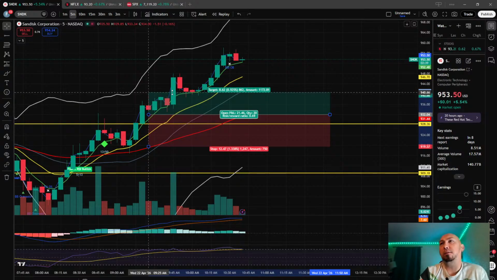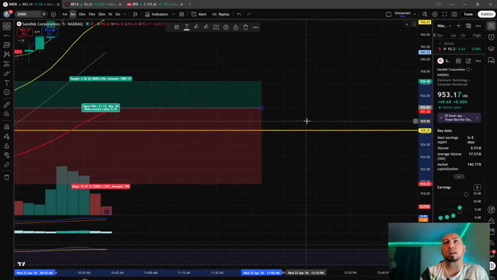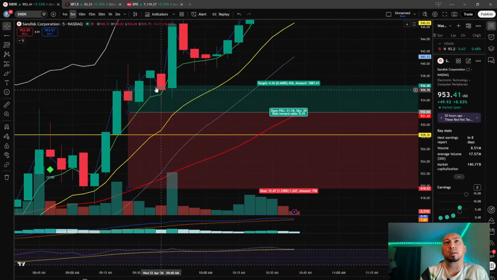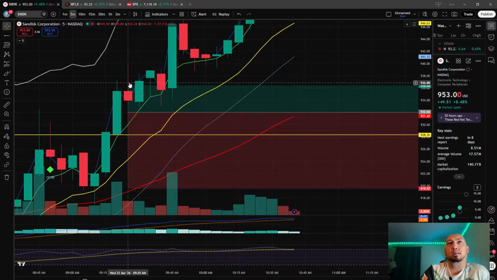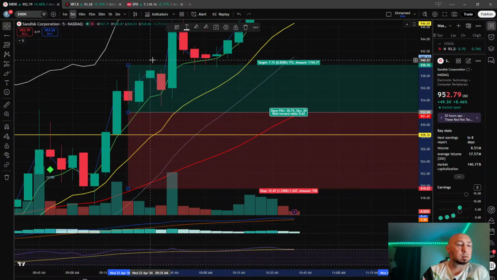Let's say you're hoping for a $5 move. So you put it somewhere in here. Look at that. This is how much this thing moves. It's crazy. If you were to do a $5 move, you're only within a few candles. So SanDisk is nuts. The things that move, I mean, it's crazy. What is it up today? 20-something dollars it moved today.